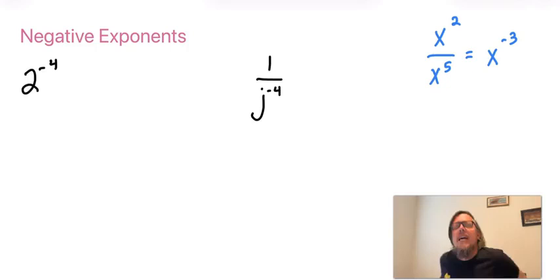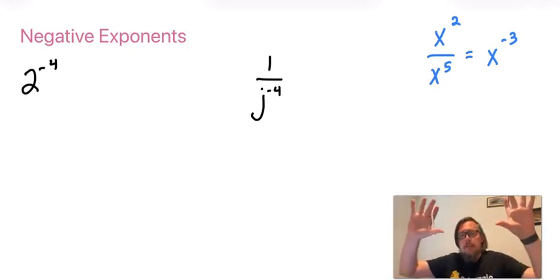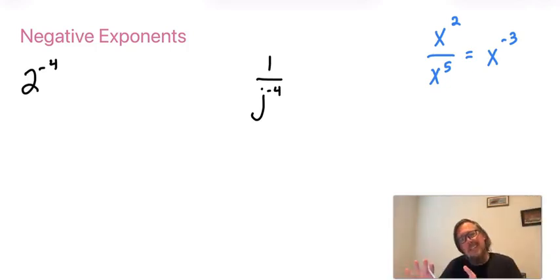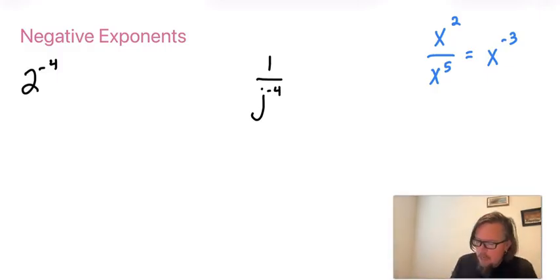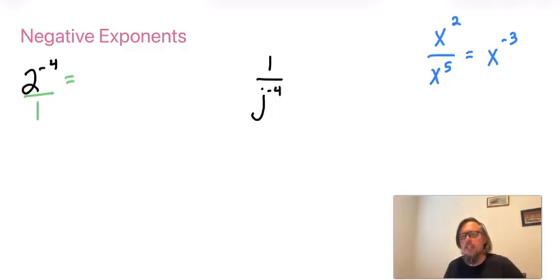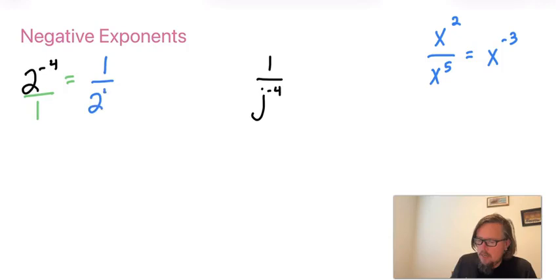All you do is, if you have a negative exponent in the numerator, you make it positive by moving it into the denominator. And if you have a negative exponent in the denominator, it's made positive by moving it into the numerator. Essentially, you're just flipping it. So for example, if I have 2 to the power of -4, this is the same thing as 2 to the -4th power over 1. So I can just flip it, and my exponent becomes positive, 2 to the 4th,